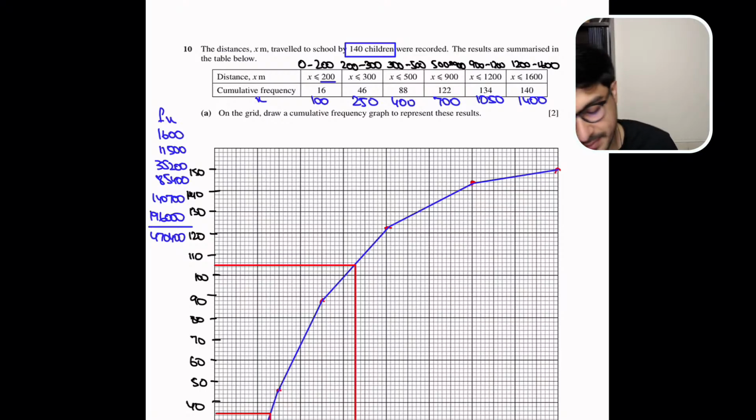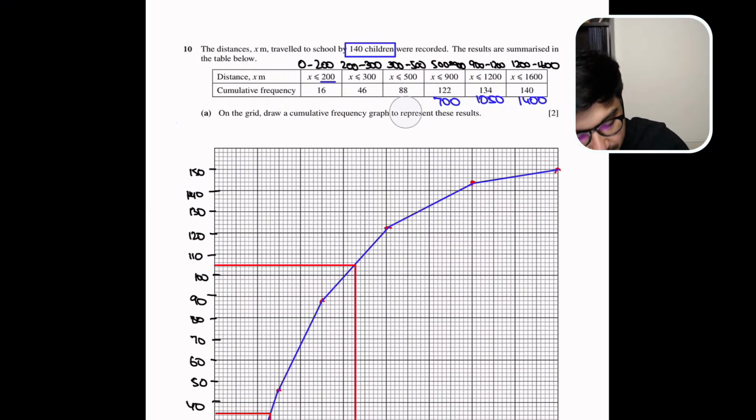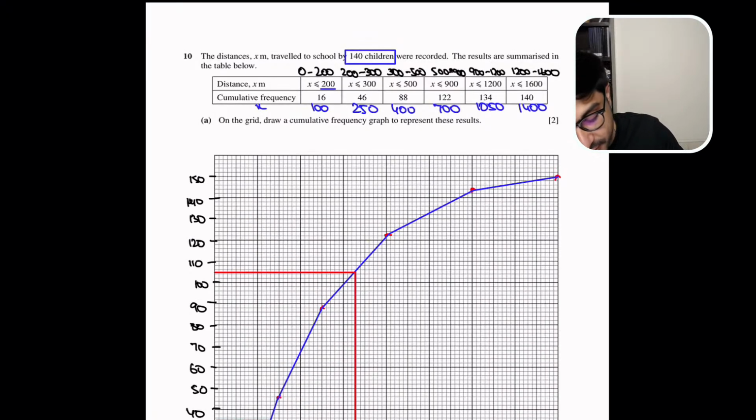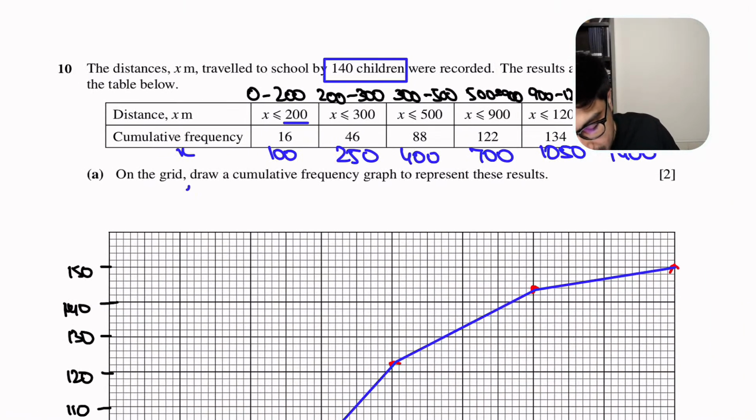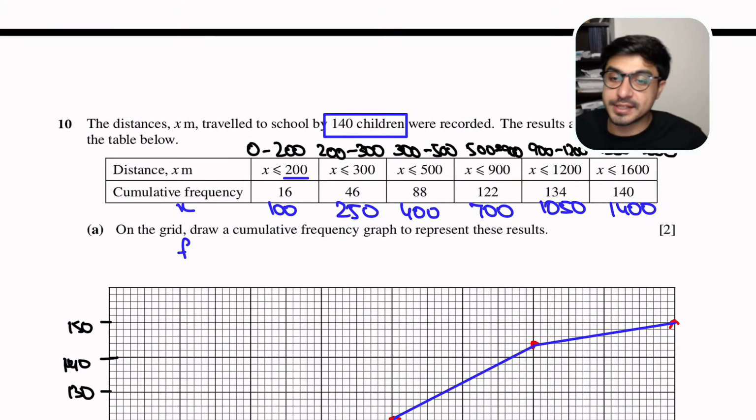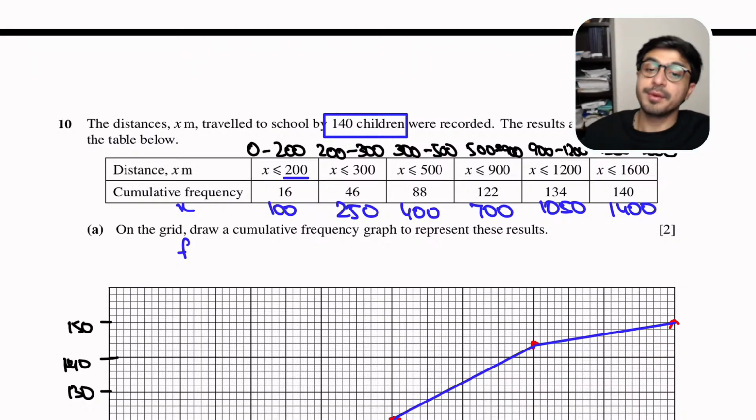Oh no, my bad. Okay, so we have done it wrong. Why have we done it wrong? Because these are the cumulative frequencies. These are not the actual frequencies. So we'll have to figure out the actual frequencies first of all. How do we figure out the actual frequencies in this? Let's just do that. Because these are cumulative frequencies, they are made by adding,